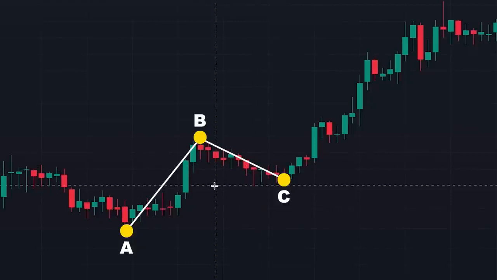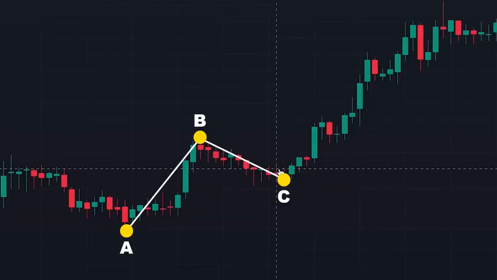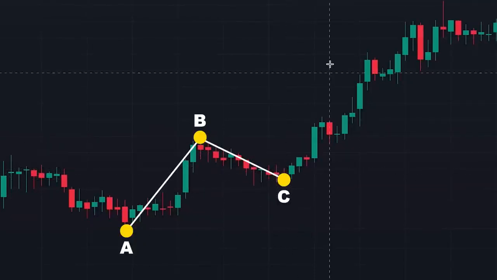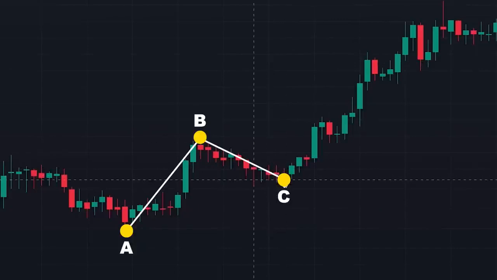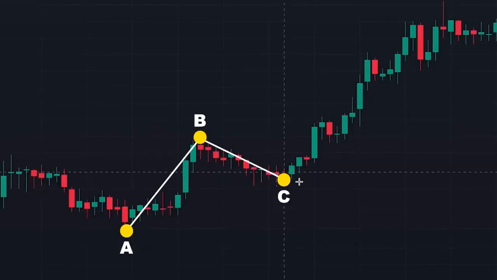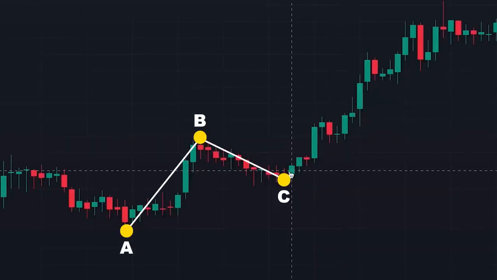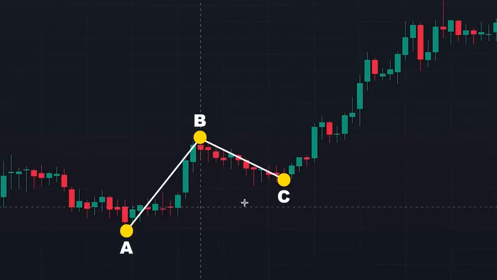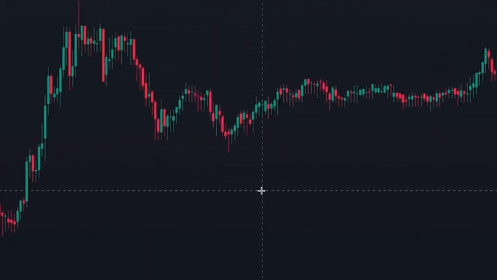The core concept of this pattern is that the price has moved higher, then pulled back for a while, and now it's likely to continue higher. The entry can happen as soon as we are able to assume that the C is in place and the pullback has ended and the price is ready to go in the expected direction. Having a bullish candle or pattern at this point, or having buy signals from indicators or tools, can confirm our trade entry. This was the ABC pattern for buying or taking a long position,